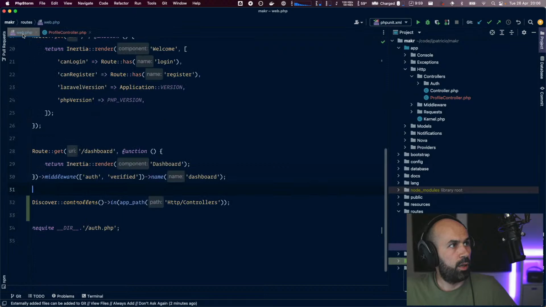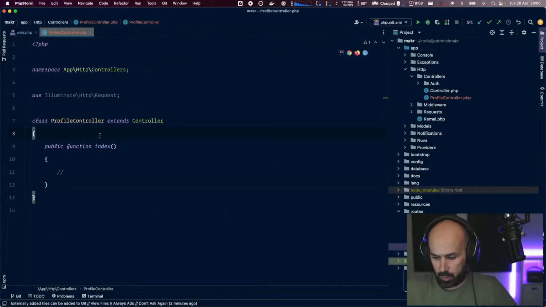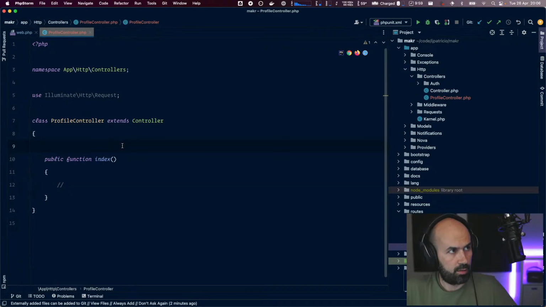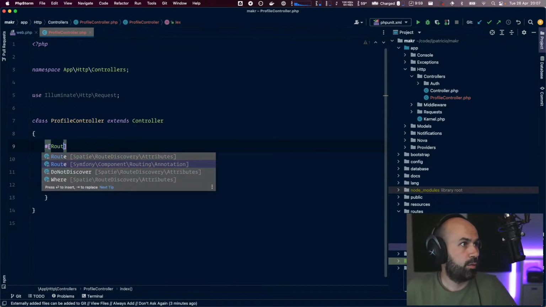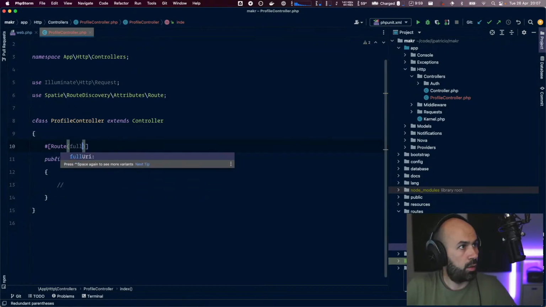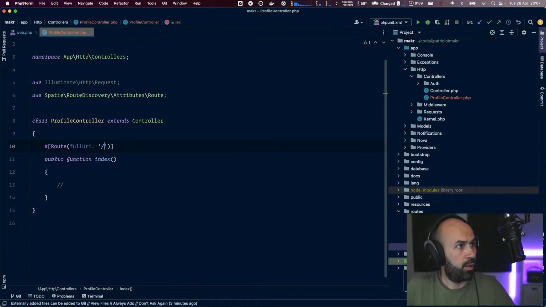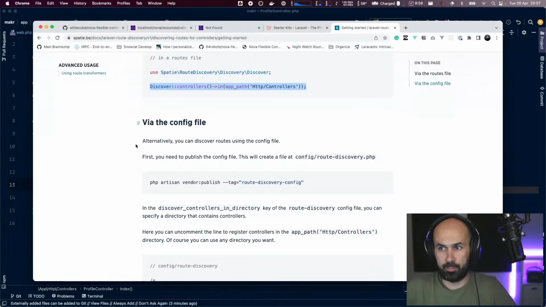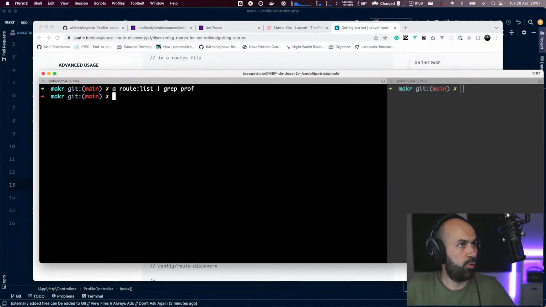So we want to grab the slug. So it's like first the route location. So it's a route. And I want to make the full URI, and I'll just make the username. Or even if someone wants to change that, this can be the handle. I think it will be better. And if I'll go to check again,